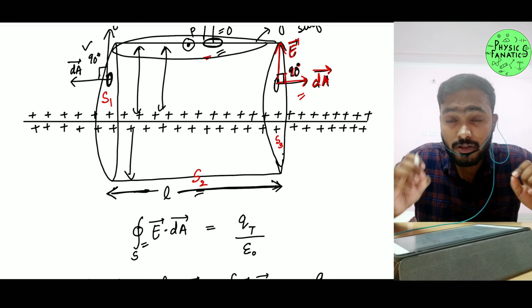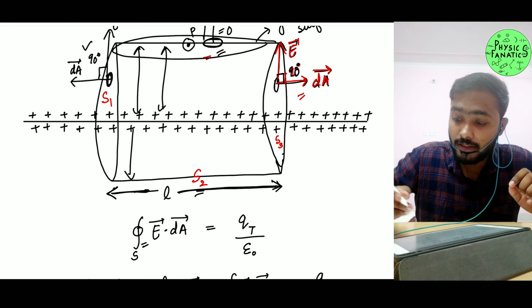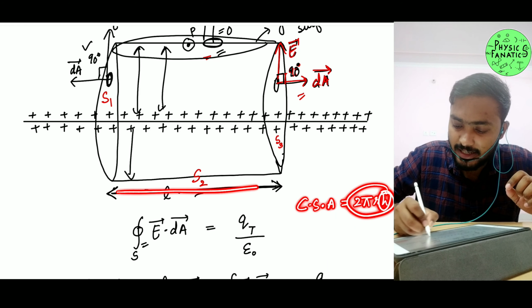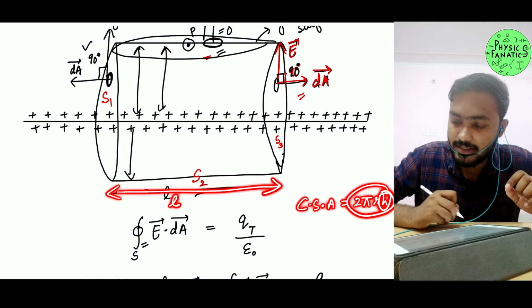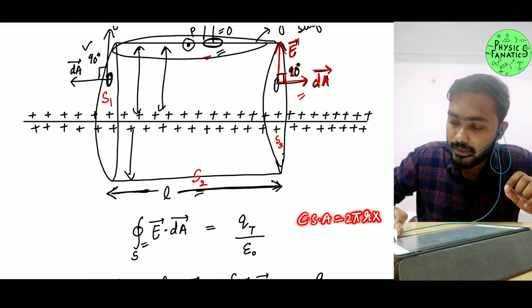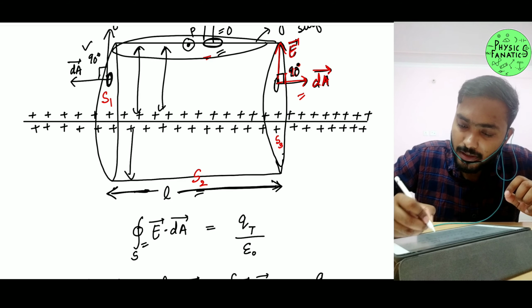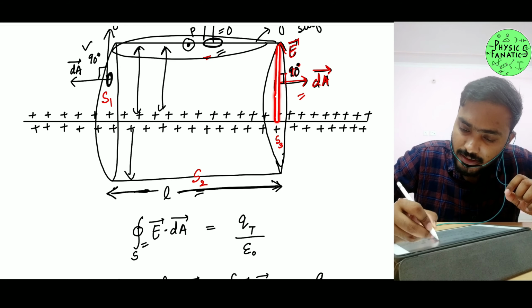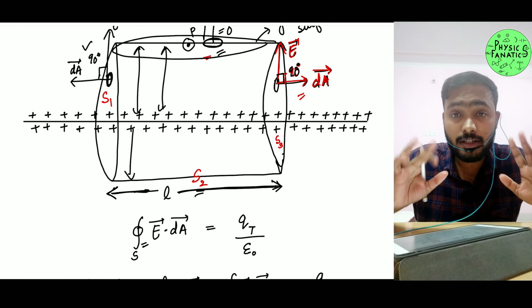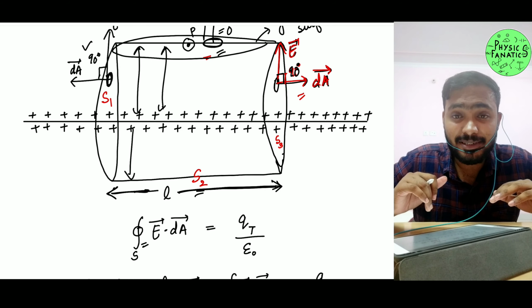So what is the curved surface area of a cylinder? Yes, the CSA, that is the curved surface area of a cylinder, is 2 pi r h, right? Where h is the height, or I should say L, the length. In this case it is the length. So I can write CSA to be 2 pi r multiplied by L. R is actually the radius of the circular part. I hope that is understandable. Is that a yes or no?